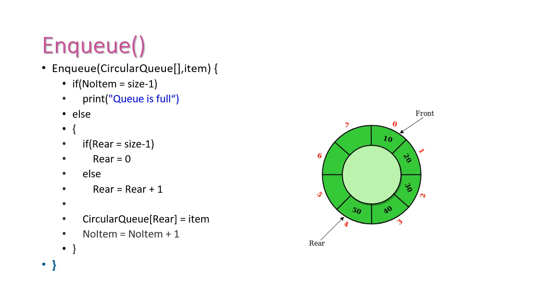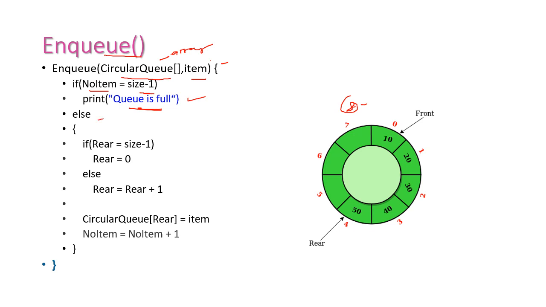And this is the pseudocode for the enqueue operation. Enqueue of circular queue and item. So this is the array, and this is the data item to be inserted. Now, number of items equal to size minus 1. Here our size is 8. If the number of items reached the size, that means all the data items are filled over,